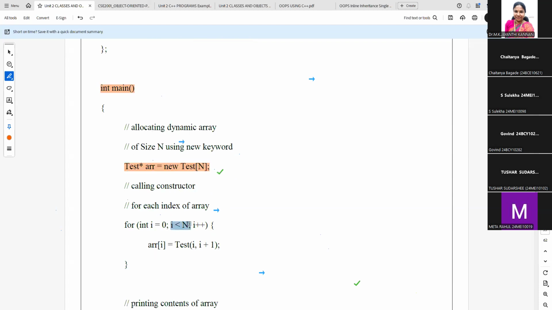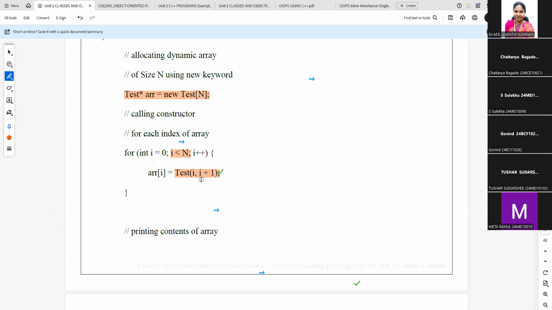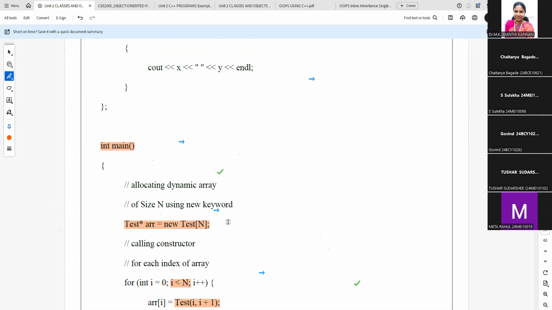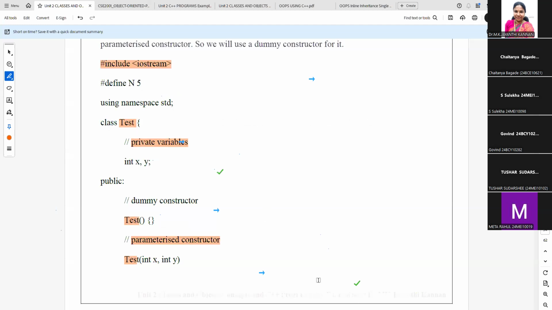To access all the array elements, we are using a for loop, i equal to n, and through the parameterized constructor function, we are assigning the values to the array. Using the print function, same as the previous program, we are displaying the values for i equal to 0 to n, i plus plus. Any doubt how the memory is allotted dynamically using the new operator as well as using the malloc function? Any doubt how memory allocation for